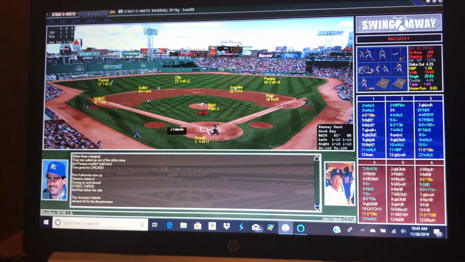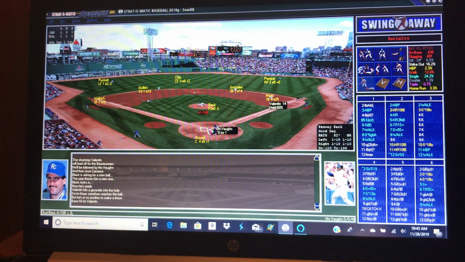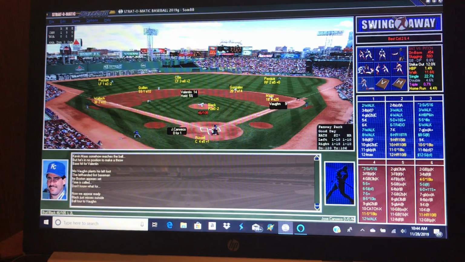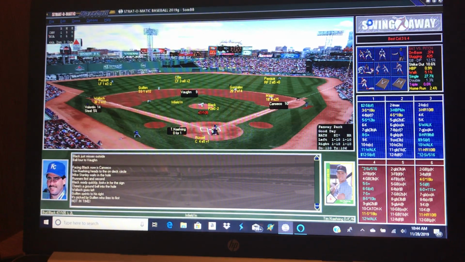And Black dealing to Valentin here in the 4th. He hits a slow dribbler, and it's a hit. And now Mo Vaughn, Big Mo. Big Mo, gotta go to Mo's. And he walks him. So now Canseco's up with 2 on and no outs. And looks like he's going to bounce out. Not in time. An infield hit. What is it with all the infield hits? Tim Naring's up. Bases loaded. No outs.